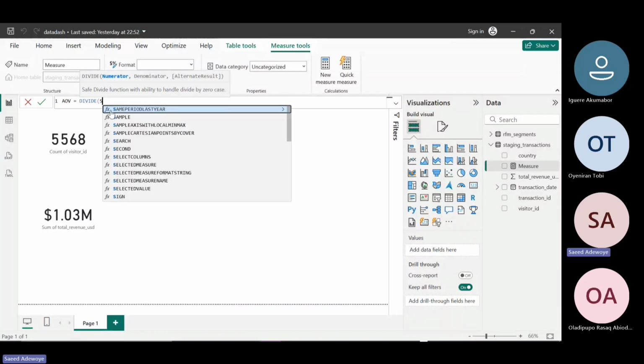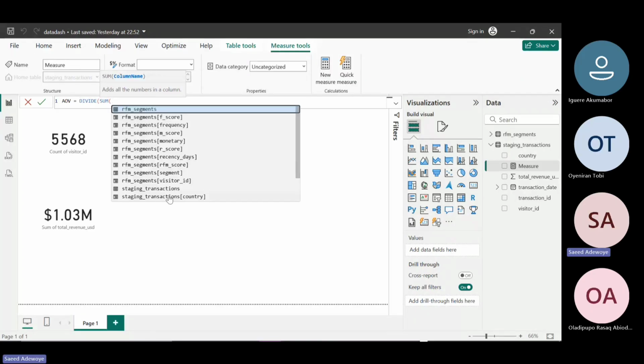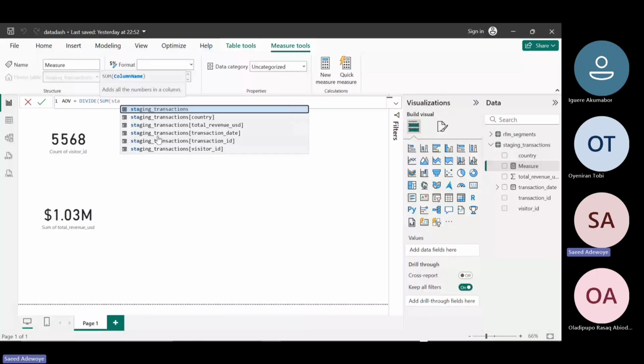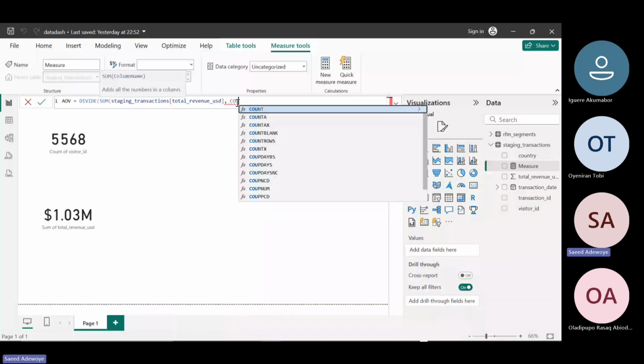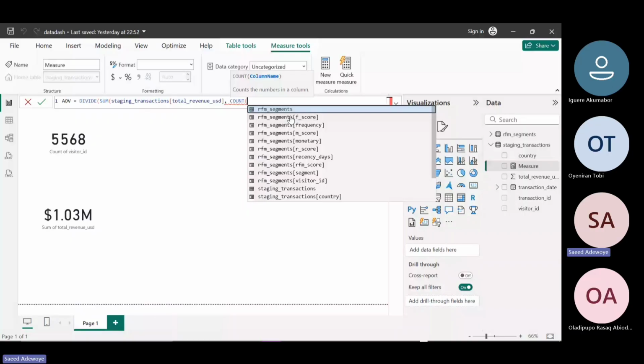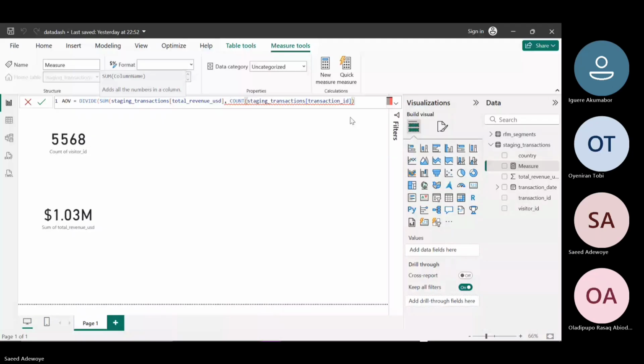the total revenue. For us to have total revenue, that is the sum of the revenues. That will be the sum of the total revenue. Is it here? Staging table. We are using that under staging table. So staging table, total revenue. This over here, divided by the number of transactions made, that is the count, right? So we'll be using the count function. Count. Then the table also is the staging table of the transaction ID. So we can simply close the brackets here. That is the total transaction ID, staging transactions,